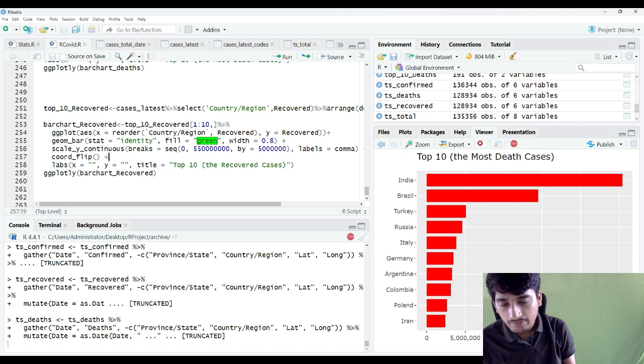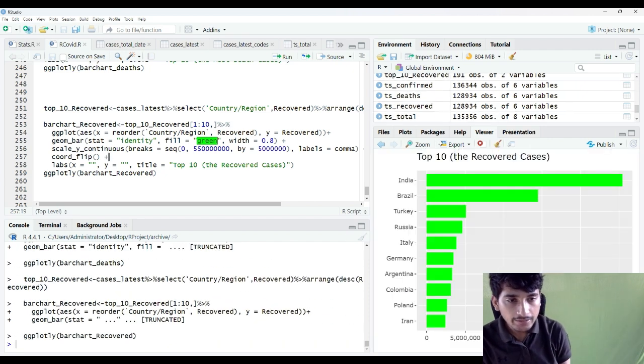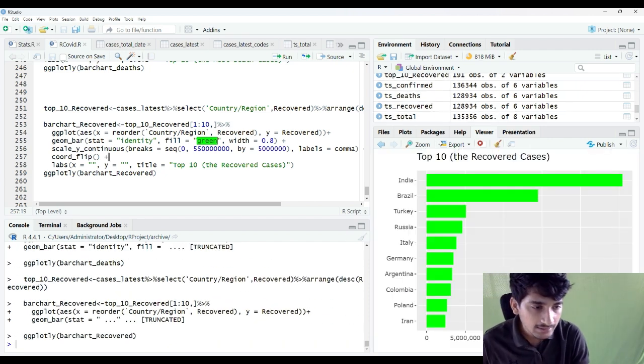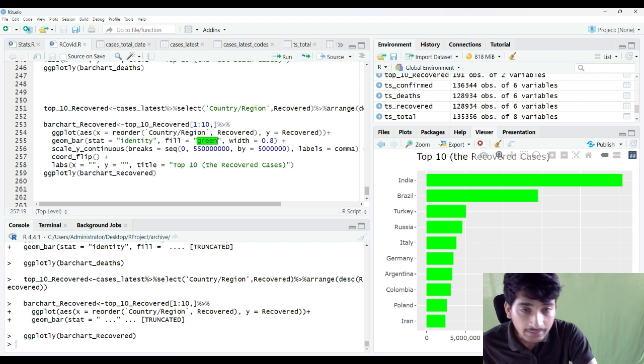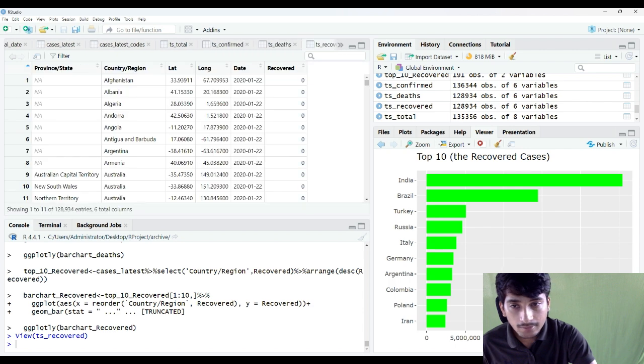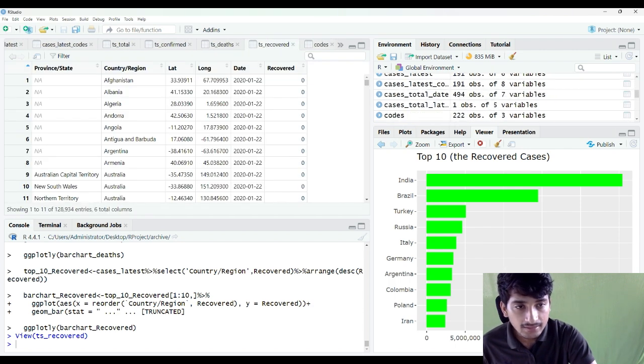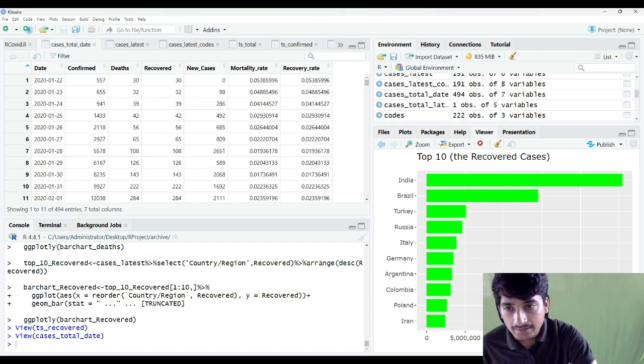So I think the recovered cases would also have the top 3 as India, Brazil and Turkey. Basically you could see that most of the cases that have recovered are also from India, Brazil, Turkey. And if you are running a previous version of this code, on a previous version of the data, this plot would be different for you. Why? Because the number of cases were from the latest date, if we check the latest case date,